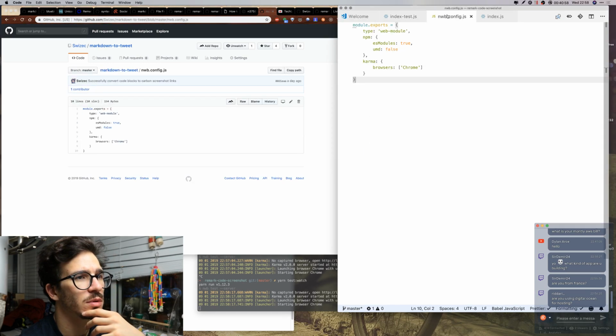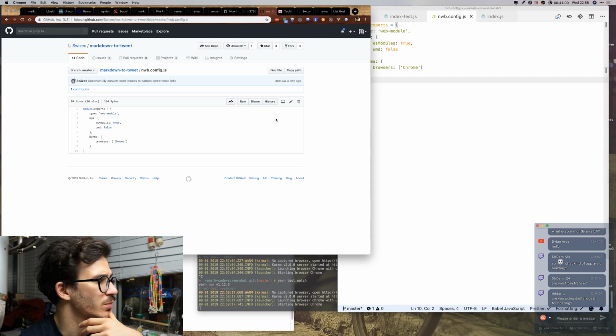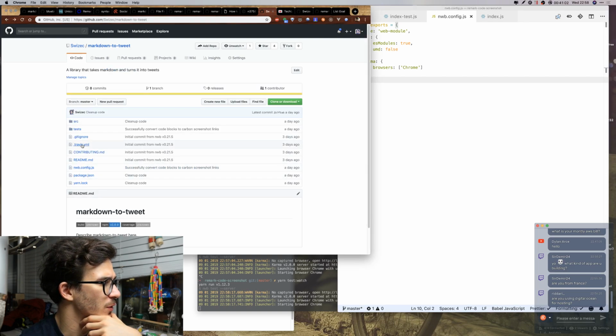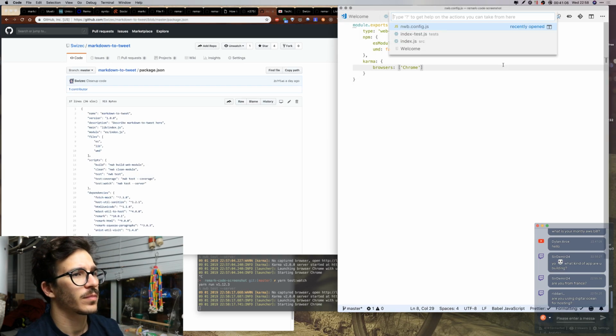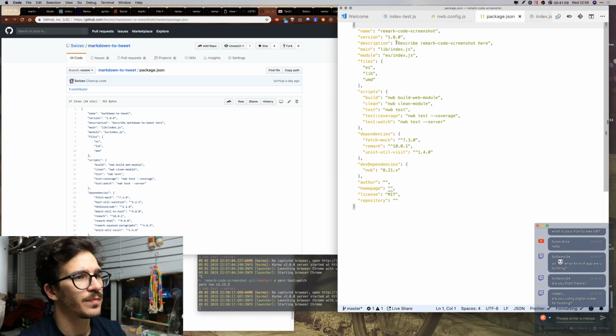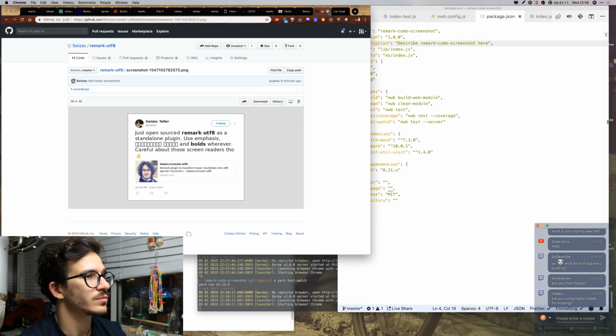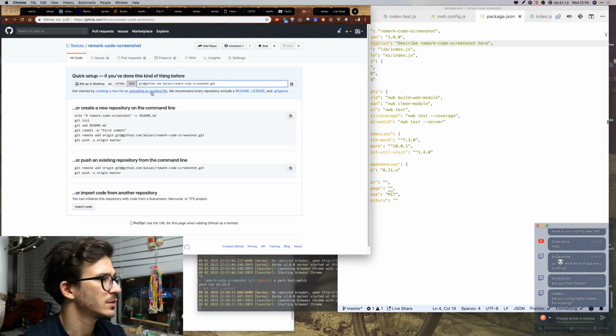Browsers Chrome, browsers Chrome. Is there anything I forgot to install? Package JSON. We said the description is